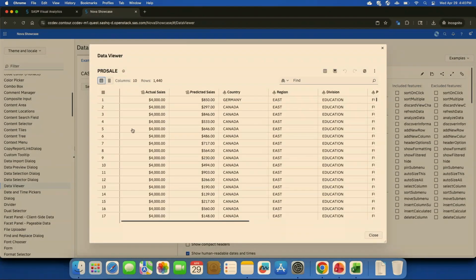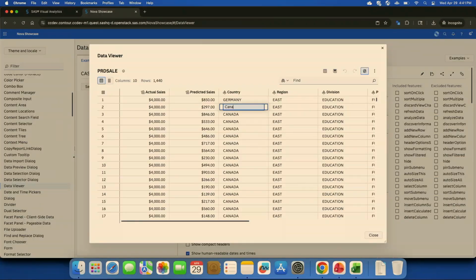One of the most exciting things that we've been working on, since a lot of this conference has been talking about AI and Gen AI capabilities, is the ability to integrate that into the data viewer. We've got this little Gen AI icon here. If I turn that on and I start making edits, then the data viewer is going to start looking at those edits and trying to predict what you're going to do next.